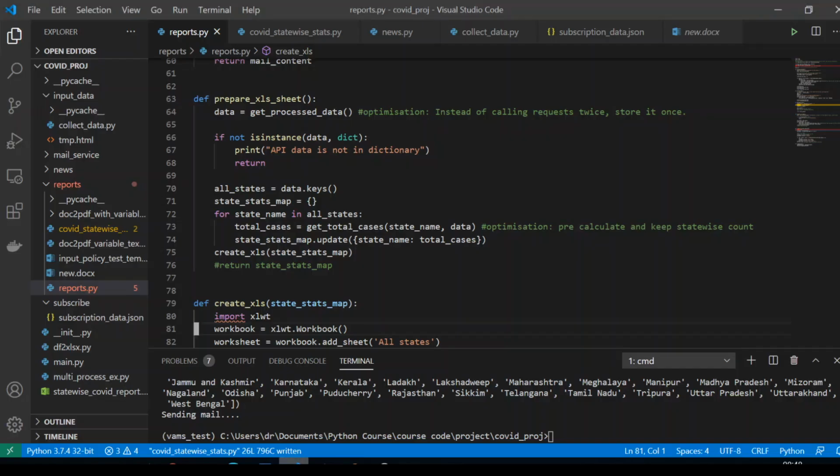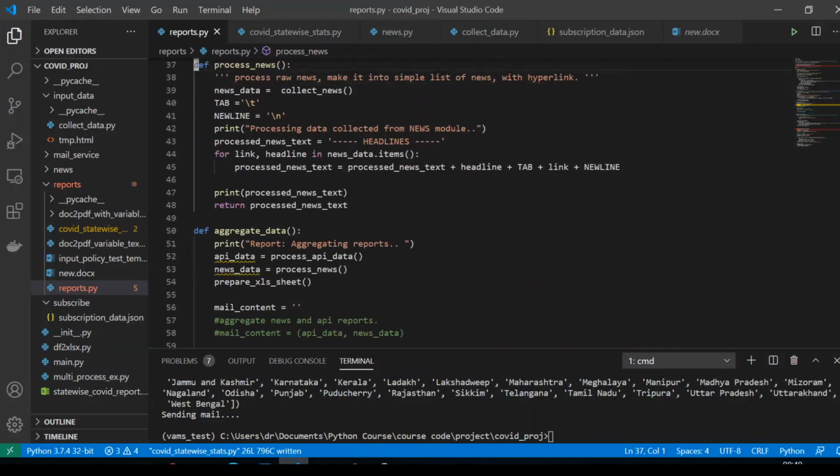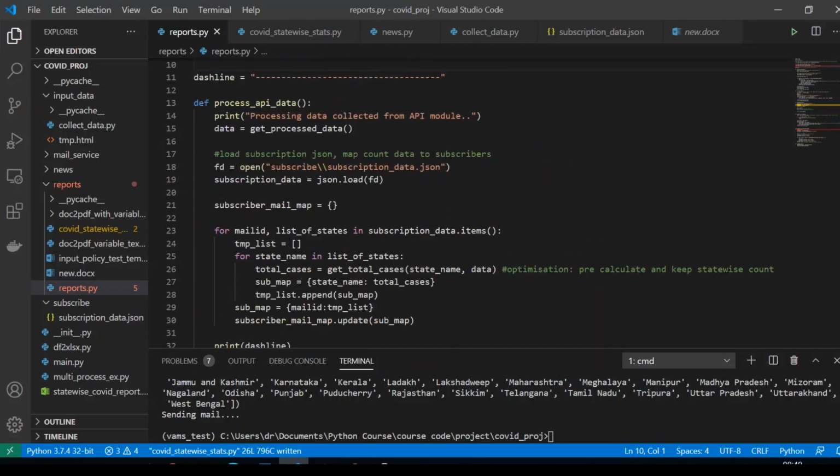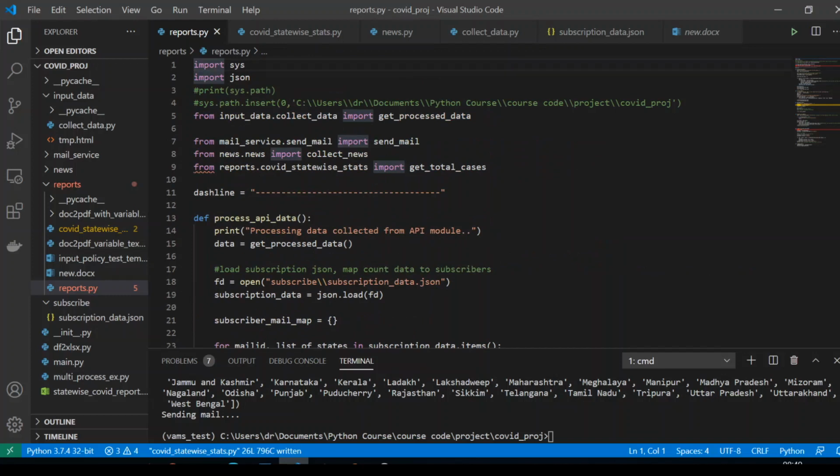I have written some code for that particular area, so we will just revise the code here. The report module is the one which is aggregating all the data from news.